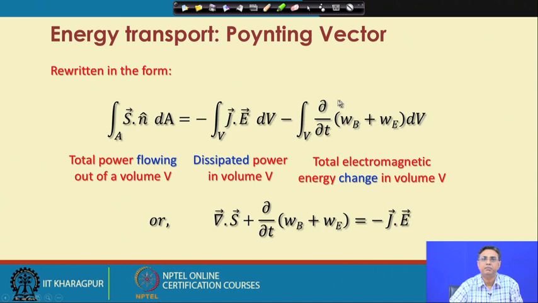You see, just now I have mentioned that this quantity W_B plus W_E, that is the energy densities of the electric field and the magnetic field integrated over the volume dV, represents the total energy stored within that space. If you take the time derivative of that, it represents the change in that energy, and since there is a minus sign, it represents the loss of that